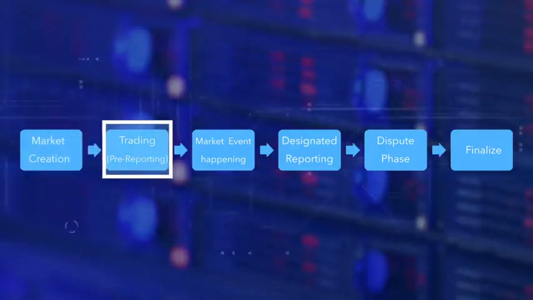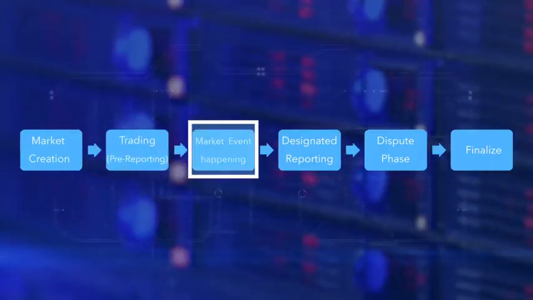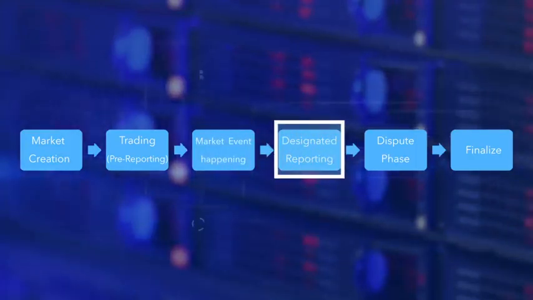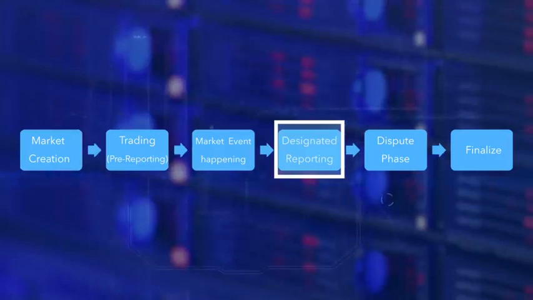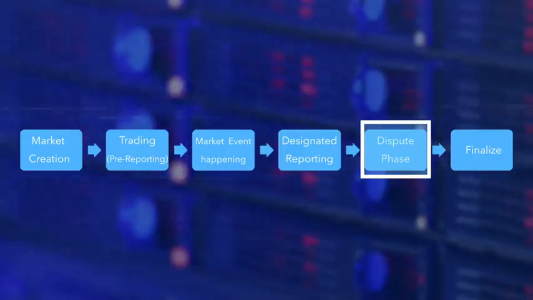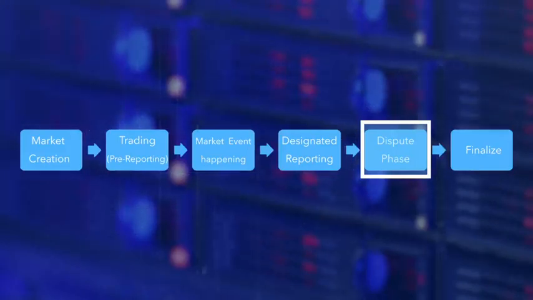Trading begins as soon as the prediction event is posted. The designated reporting period begins. After the designated reporting period, a tentative outcome prediction may be available. If not, the first prediction after this is assumed to be the predicted outcome. It can be disputed by the reporters by staking rep tokens. In the worst case, the dispute phase may result in a fork. Augur protocol has robust methods to address forks and the disputes.